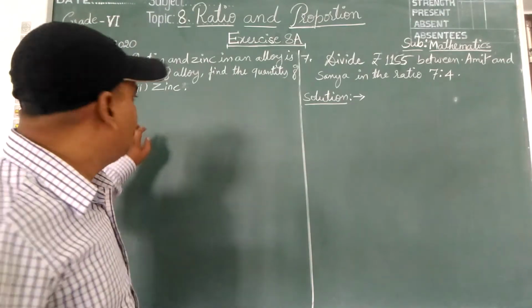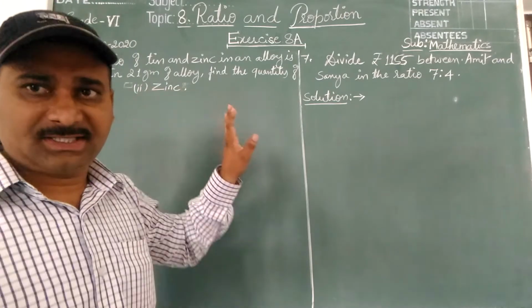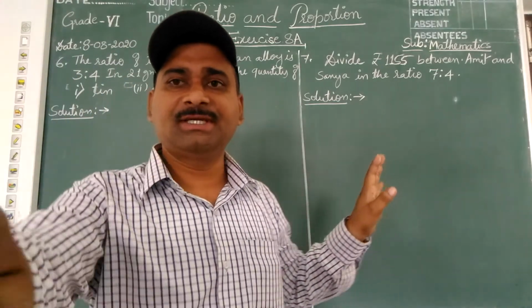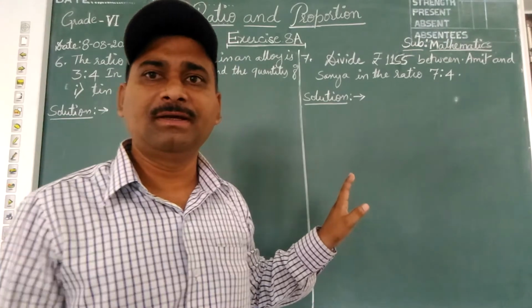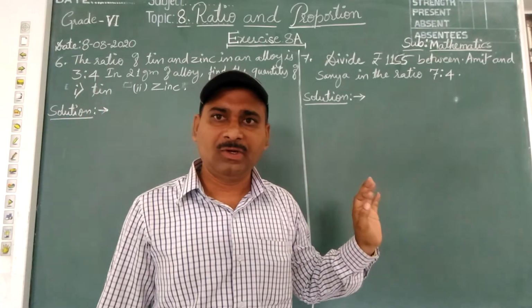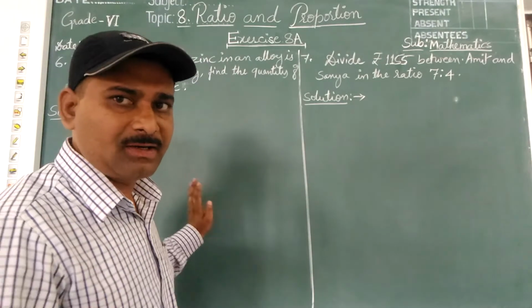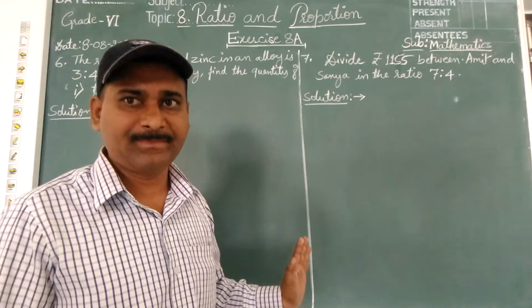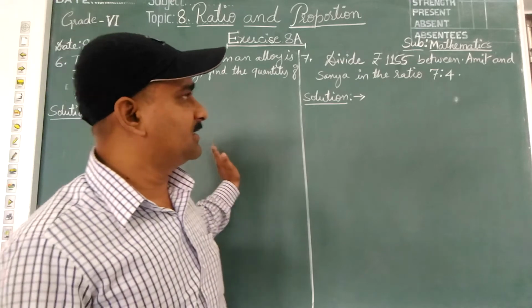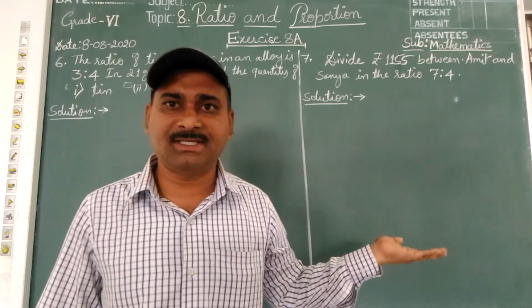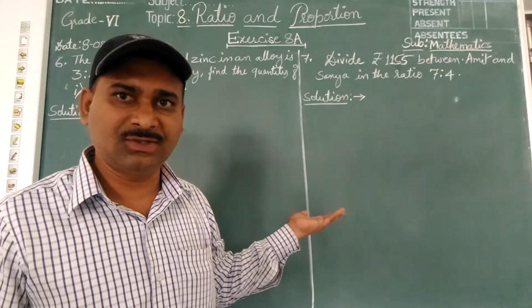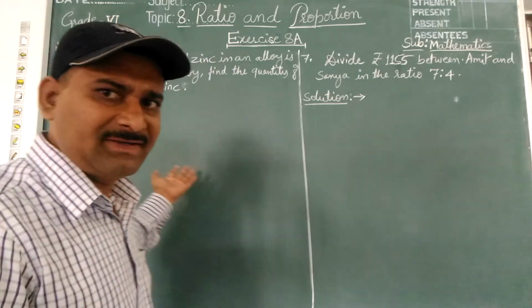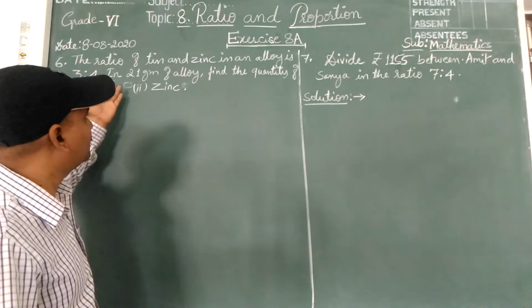Children, from 6th to 9th, solutions 6, 7, 8 and 9 are all done by using almost the same steps, so concentrate. If you understand 6th and 7th, 8th and 9th are easy for you to know. Already solutions are there with you. Very easy, we can easily do them.